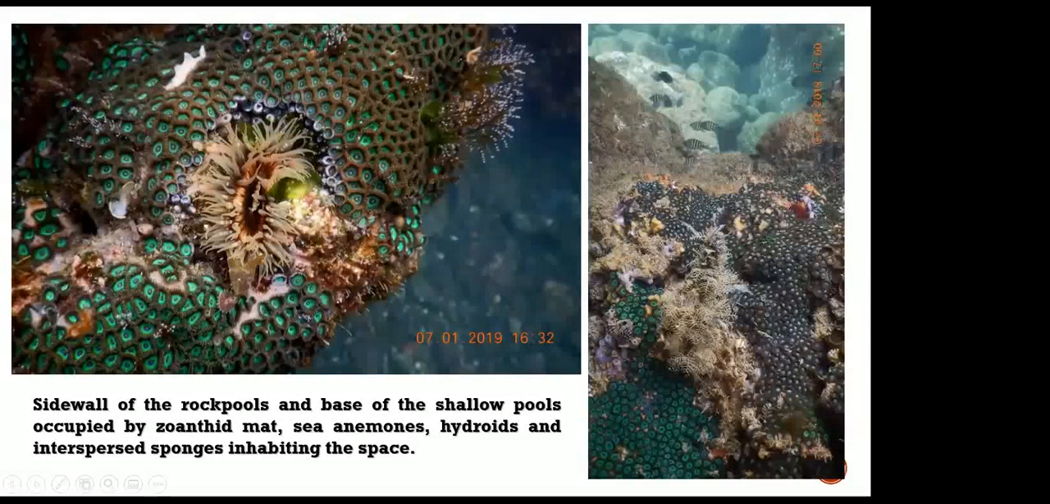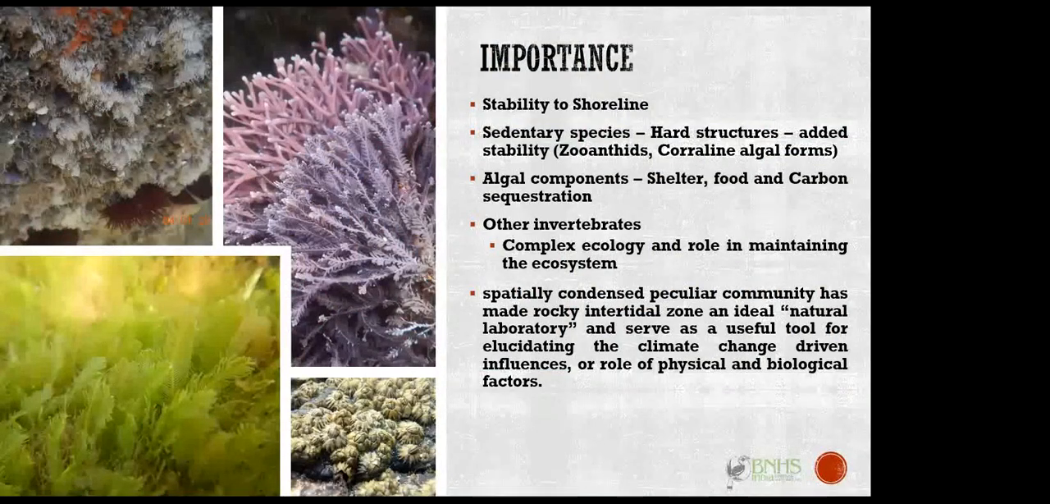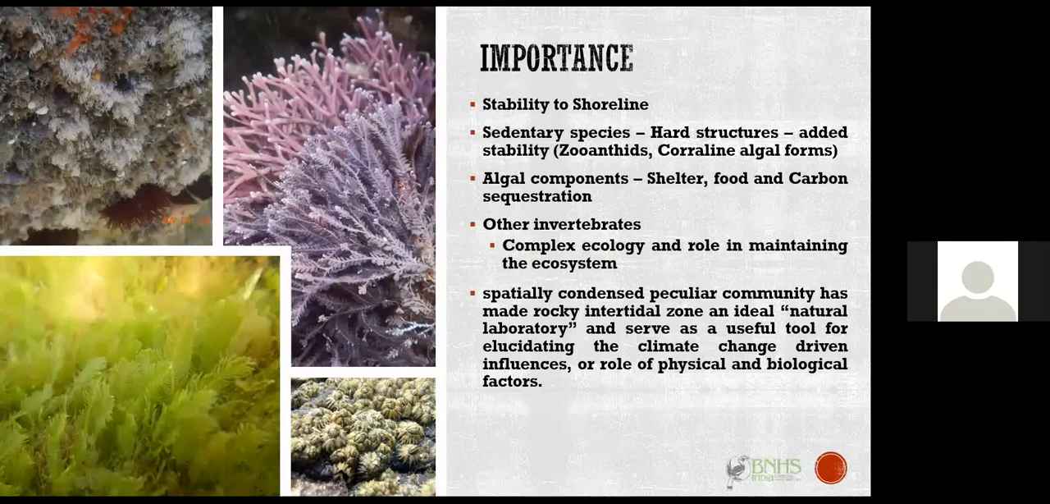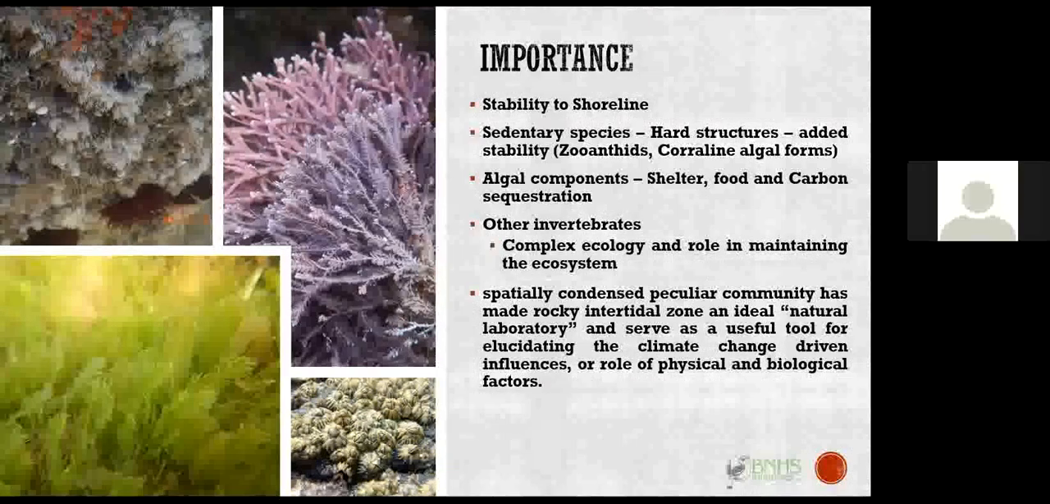And there are algal components which, besides providing shelter and food for the other invertebrates, also help in carbon sequestration. Then there is a complex ecology, as I have mentioned earlier, where many species live together. Many species show associations. There is competition for food, and for their survival during the exposed period. So the species live in a complex ecology, and that's why many scientists termed the rocky shore a natural laboratory,